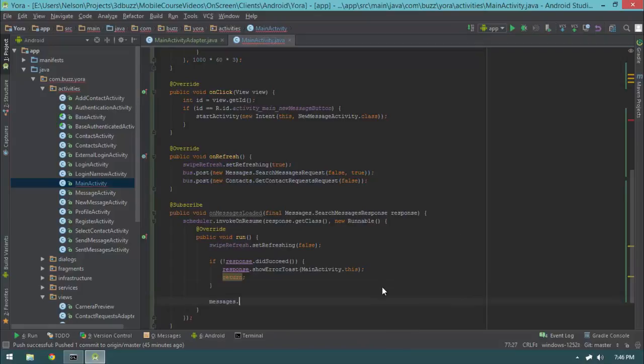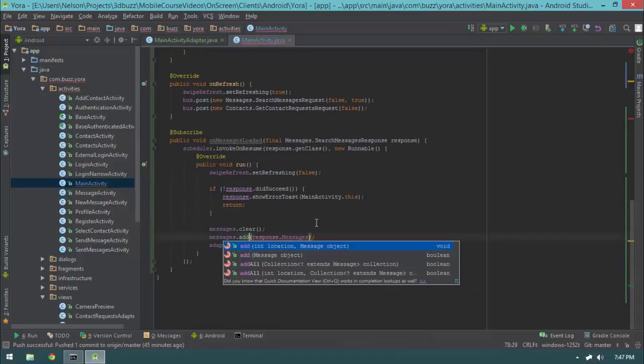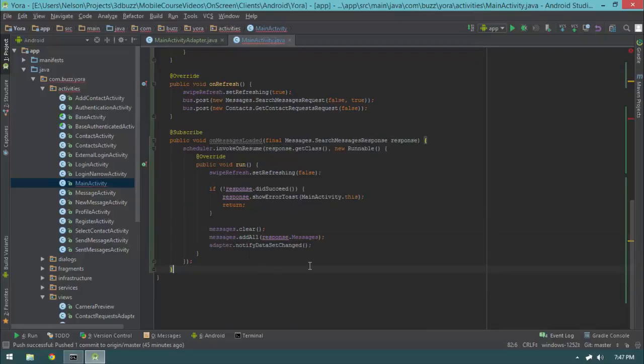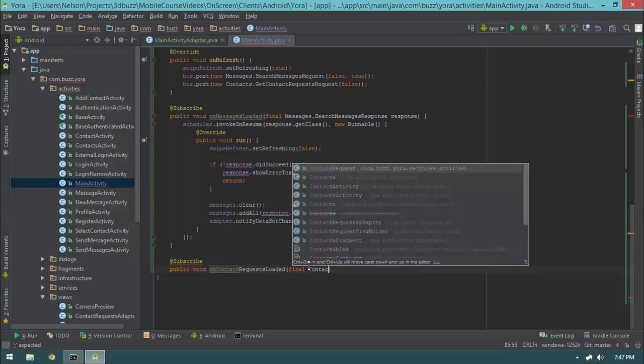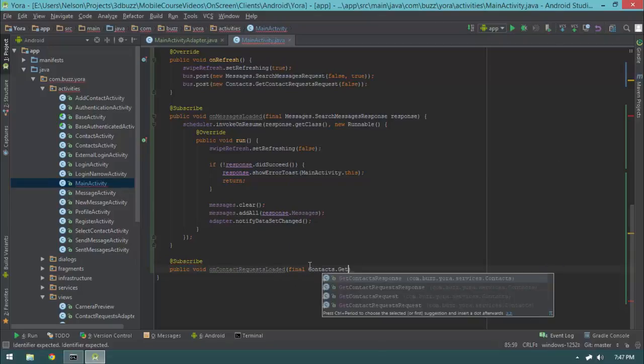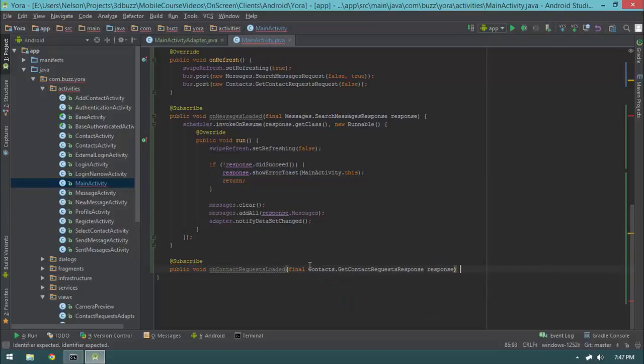Then I'm going to say messages.clear, messages.addAll(response.messages), and adapter.notifyDataSetChanged. This should be addAll, not add. All right, so now let's do our contact request. It's going to be basically the exact same method. Again, not that exciting. So onContactRequestsLoaded, and then we'll do final Contacts.GetContactsRequestResponse,